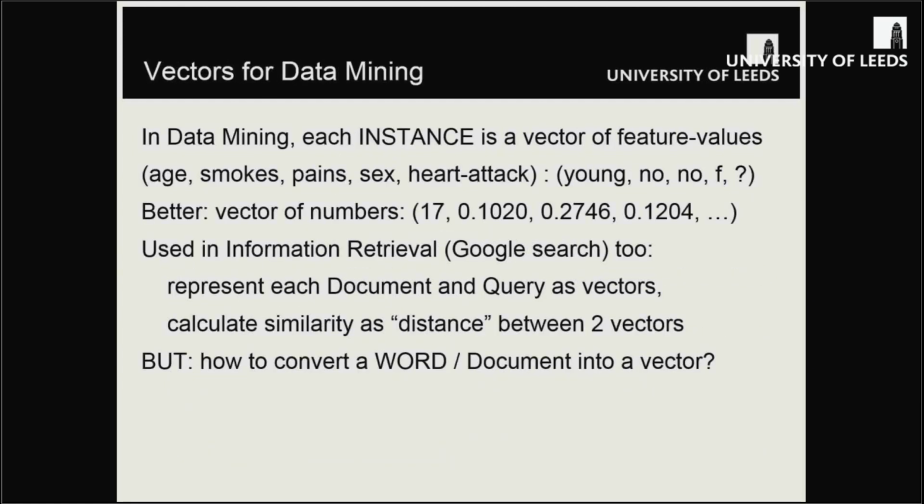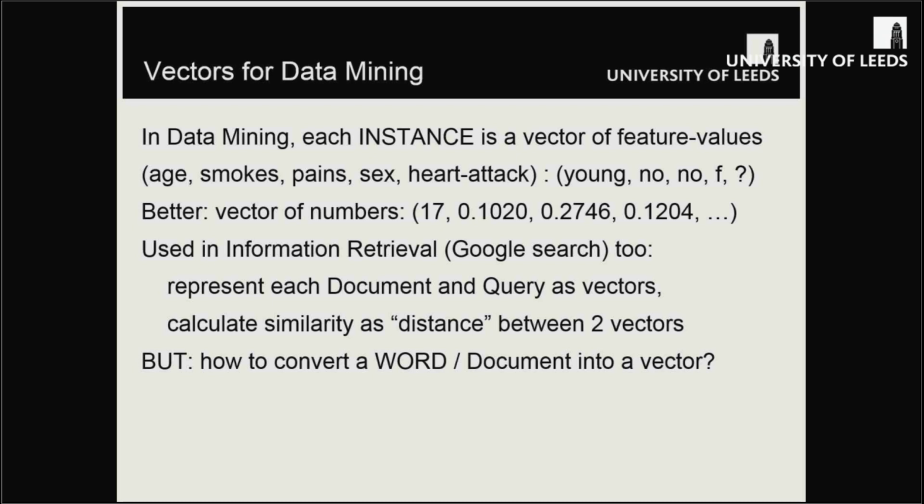So in data mining, a typical problem is a classification task. You've got 1,000 examples of patient records, let's say, and you want to notice if two patient records or two parts of patient records are similar. That means you have to represent the patient record as a set of features. So here's a basic textbook example of patient records, with the features that the doctor thinks are relevant for predicting heart attack, things like the age, whether or not they smoke, whether or not they're having any pains, what their sex is, and